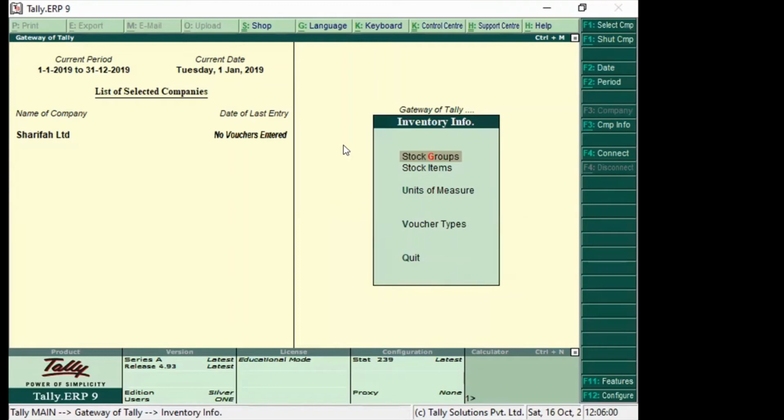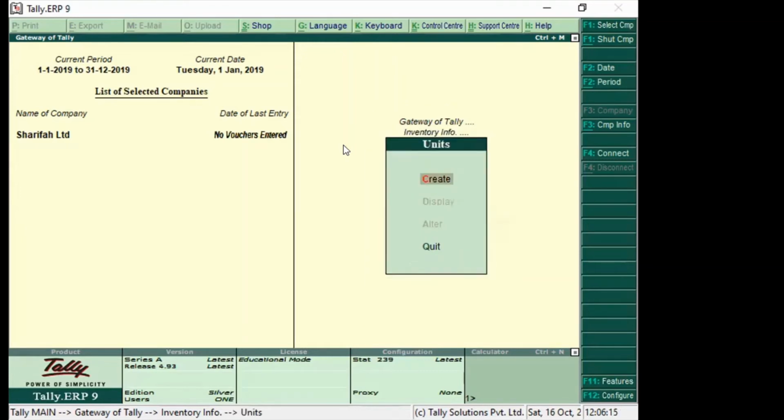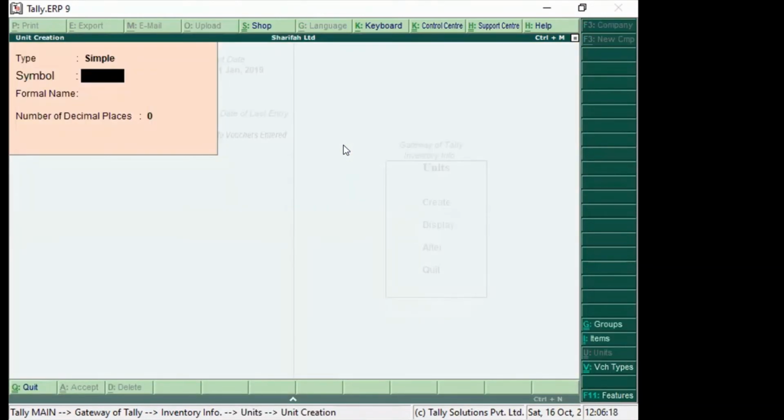So here we shall first enter units of measure, because we need them to do the costing and the selling. So we are entering our units of measure, create units of measure, isn't it? So this small one depends, 0, you put it, 0. So here we go. We have our inventory.